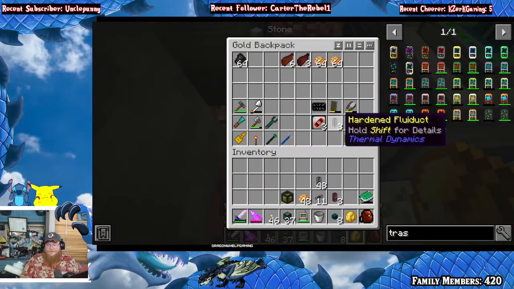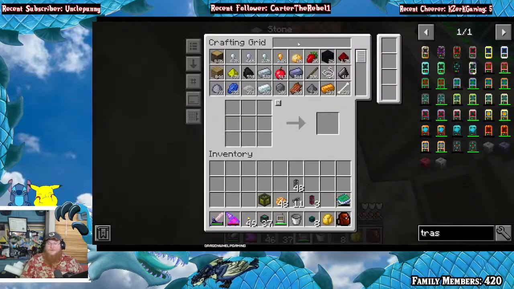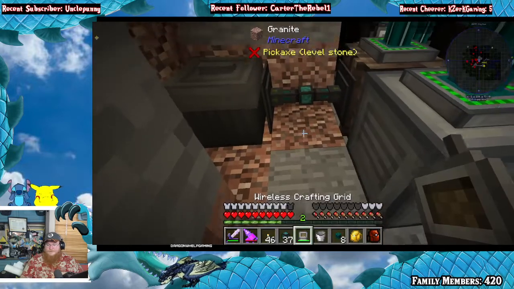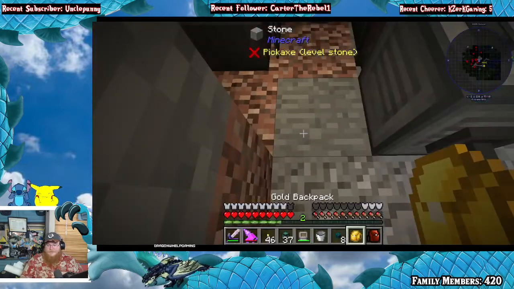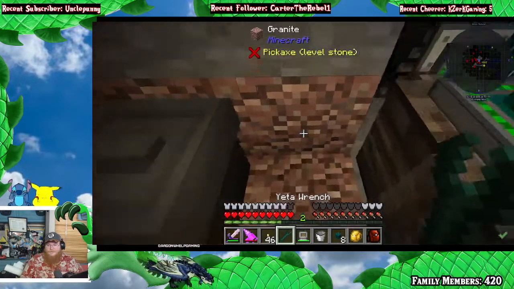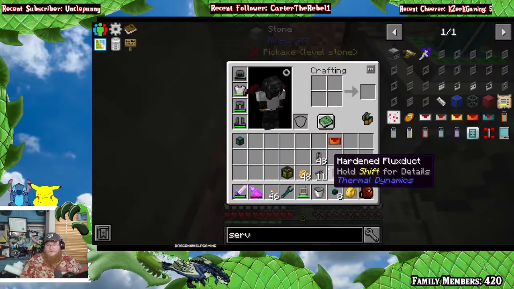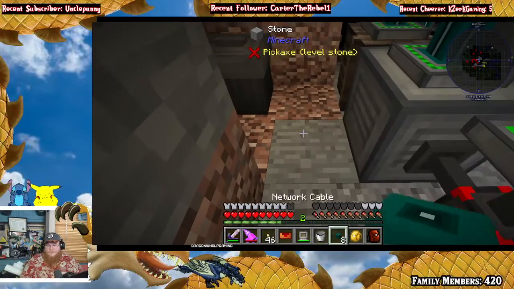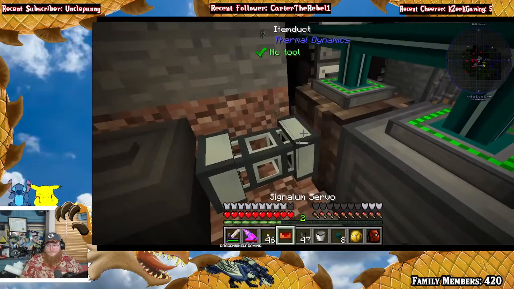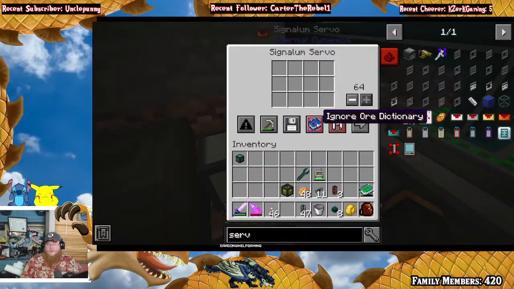So I've got a ton of item conduits. I do need a servo. Give me a Signalum servo, please. I'll try it with this. I've only ever done it with Ender.io, so I'm hoping that I can put my faith in Thermal Dynamics, but we'll see. We'll see. So I want to do this. Give me an item conduit. That, and I want to